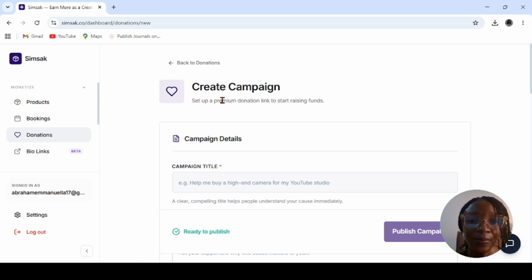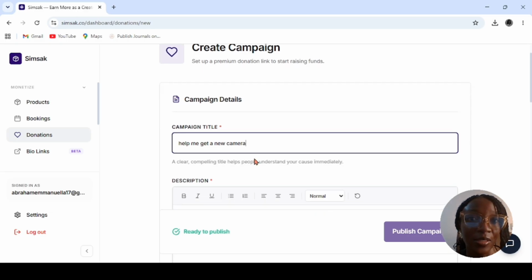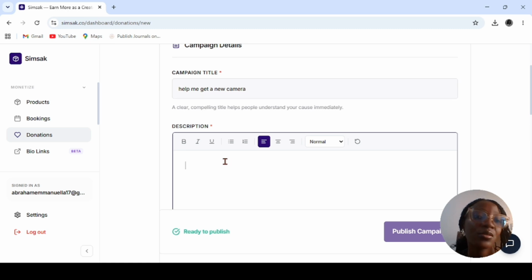Okay, so let's see, this donation, or this campaign that I want, is to help me get a new camera. So you have to input the campaign title, then the description. You have to tell them something compelling that helps them understand why they are helping you. So let's just input something random,